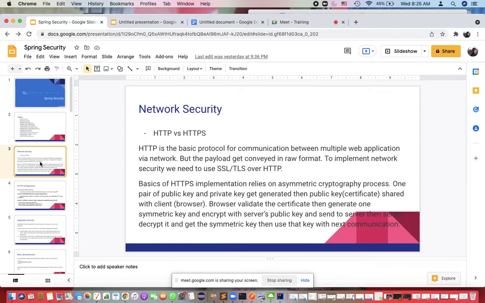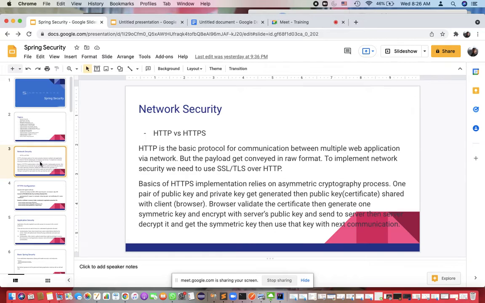Now when the browser types https to your URL, it will connect to a server. Your server will provide the certificate. Then it will first validate that it is an authorized CA. If yes, it will validate all the data, then it says okay, it is secure.